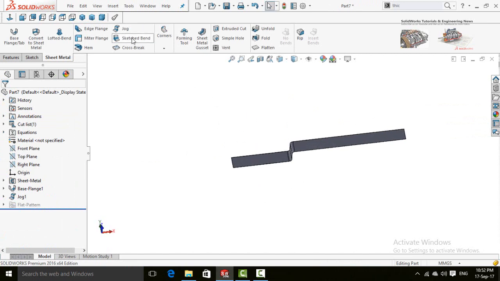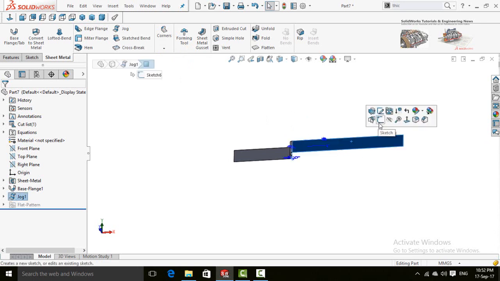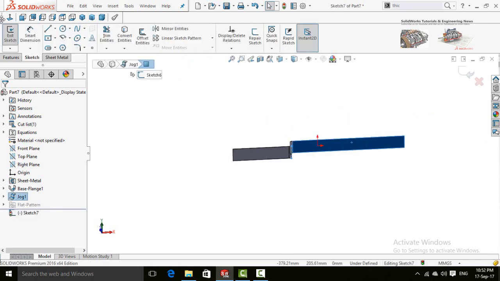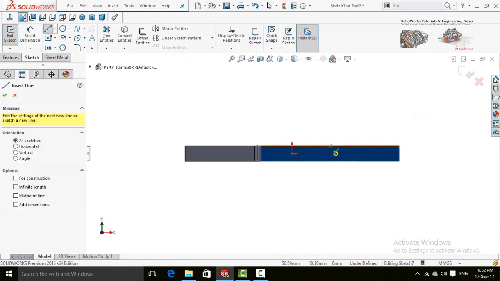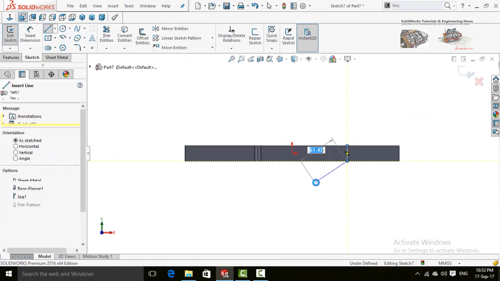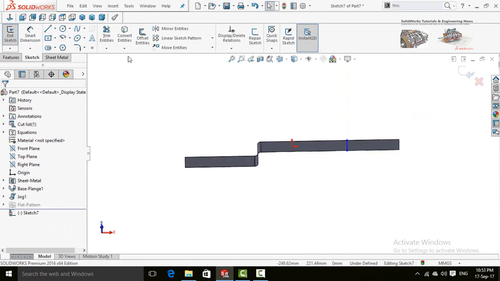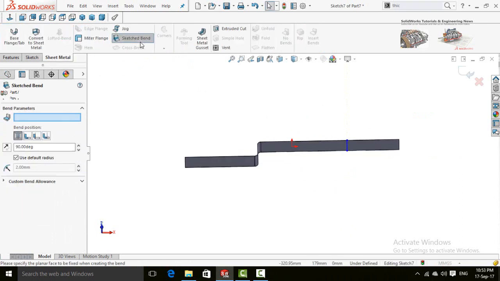After jog, here is the sketch bend command. Jog adds two bends and sketch bend adds only one bend in the sheet metal. So let's try it. Sketch on this face, make normal to and draw a line. Now if you select the sketch bend command, similarly it will ask you about the fixed face.